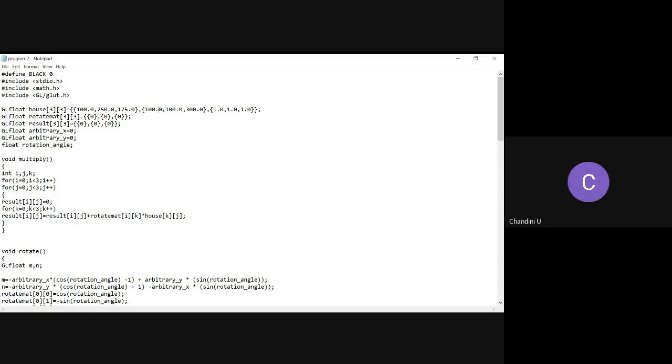Clear. Okay. So the second row of my matrix is 100, 100, 300, and the third row is 1, 1, 1. Because it is a homogeneous coordinate system, we have to specify it using three dimensions, so obviously the last row we can set as 1, 1, 1. Generally in two-dimensional representation we set the h value as 1, that is 1, 1, 1, the last row. So this is your matrix, right? So what would be the coordinates of the triangle with it?